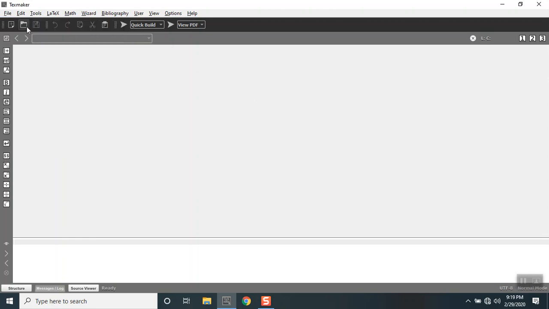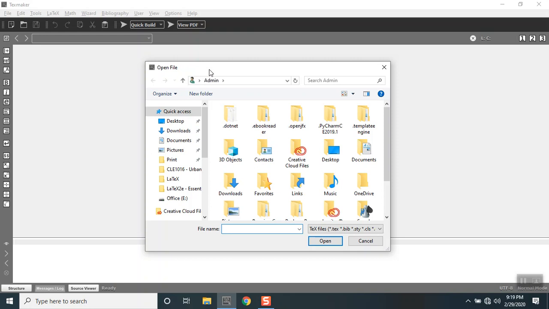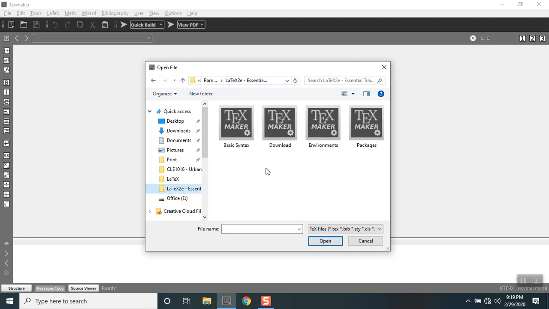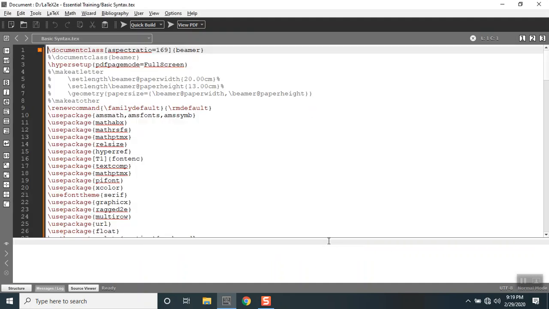I'm opening up the dialog box, and I'm going to route it to the folder called LaTeX Essential Training. Those are the documents we are using for this particular MOOC course. Say, for example, I want to open basic syntax, which is a text file. You can see the details when I hover over it: the type is a LaTeX document, the size is 4.58 KB, and the date modified is 8:54 p.m. I just click Open. Yes, this is how I open a document.